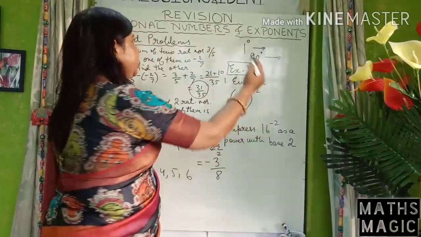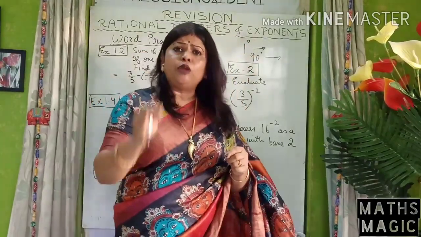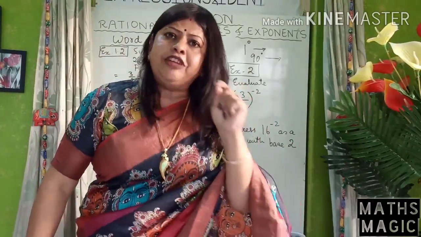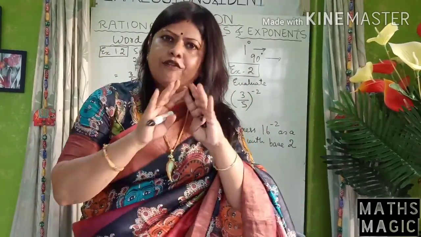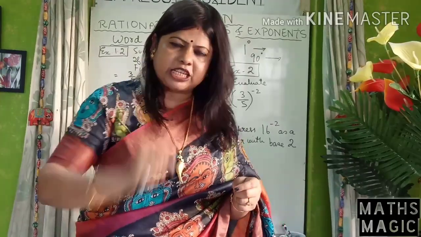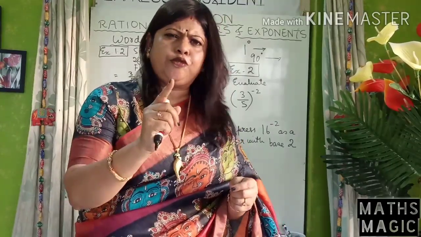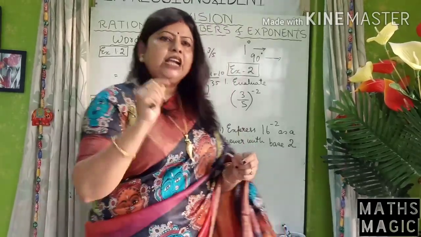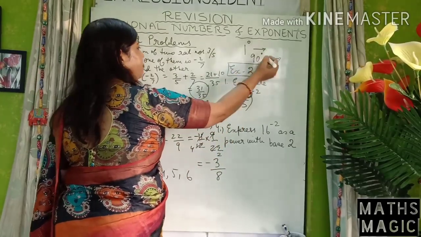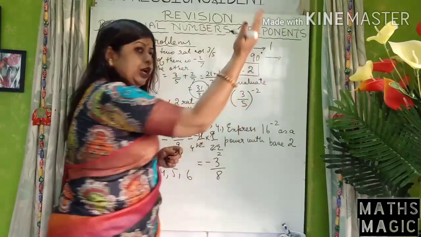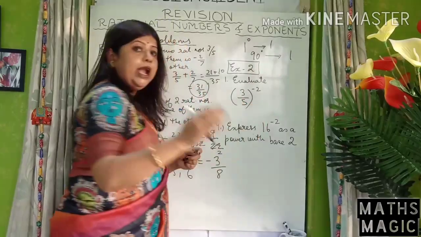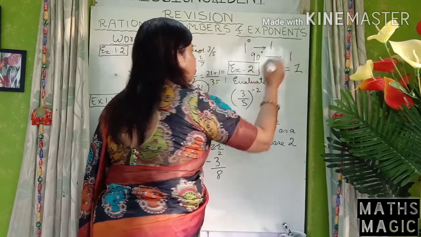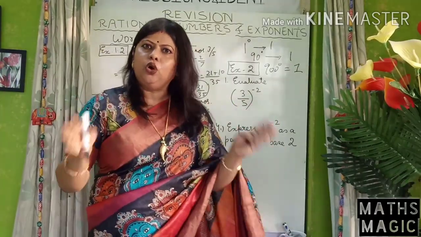When you come to exponents, children, the first and foremost thing which is important for exponents is the law of indices. The law of indices we have already dealt with in algebraic expressions. Here students, be very careful with exponents that anything to the power 0 is 1. That means 1 to the power 0 is 1. 90 to the power 0, that is also 1. Now if I write 900 to the power 0, that is also equal to 1. So anything to the power 0 is 1.